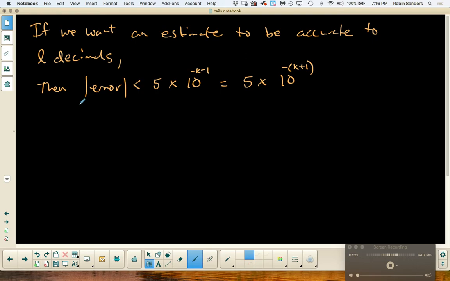Just to illustrate what this means, if I want 2 decimals of accuracy,